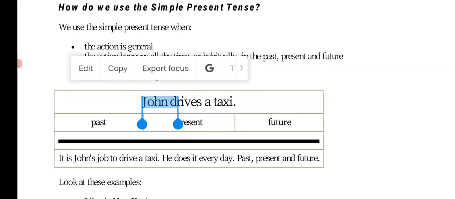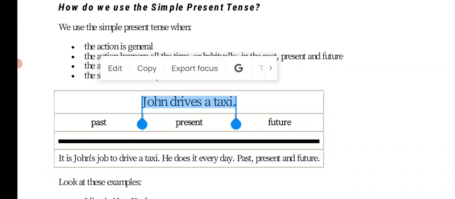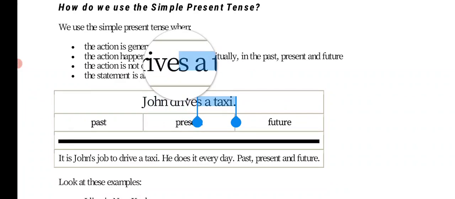So John is the third person. And in present tense, when we talk about a third person singular, the main verb always takes the es